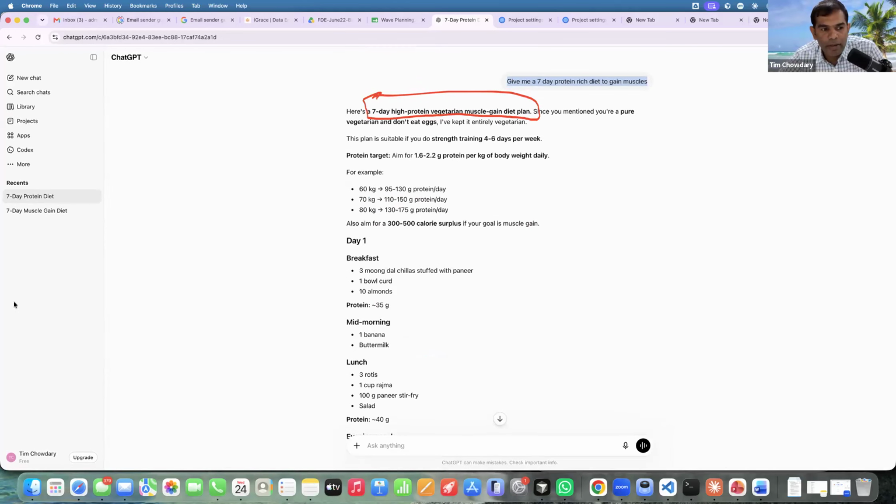So to define, a prompt is a command or set of commands, or an instruction or set of instructions, given to the model to perform a specific task. I repeat, a prompt is a command or instruction to perform a specific task. Then what is context? Context is any additional information you provide to the model to help answer the question more accurately and more precisely. As simple as that.